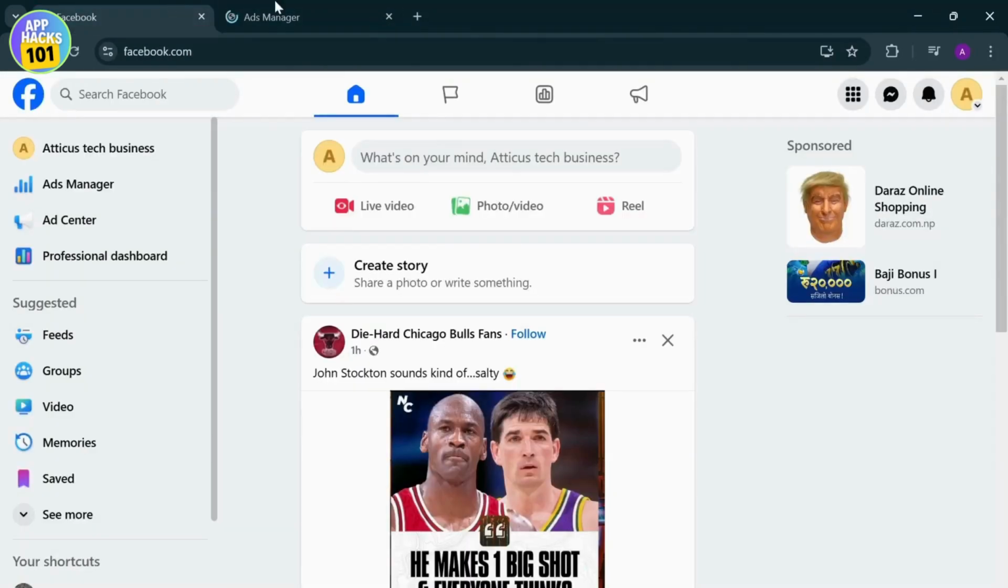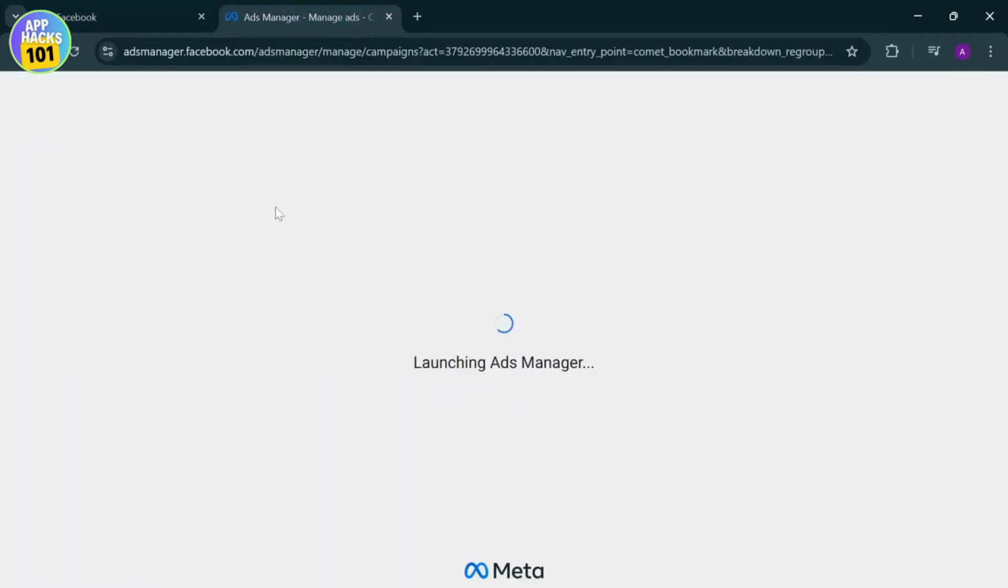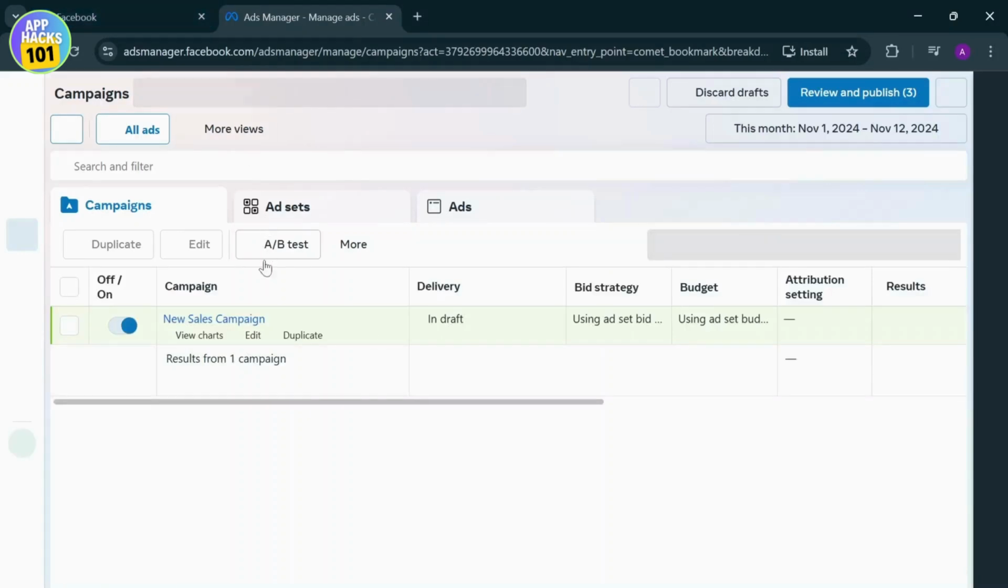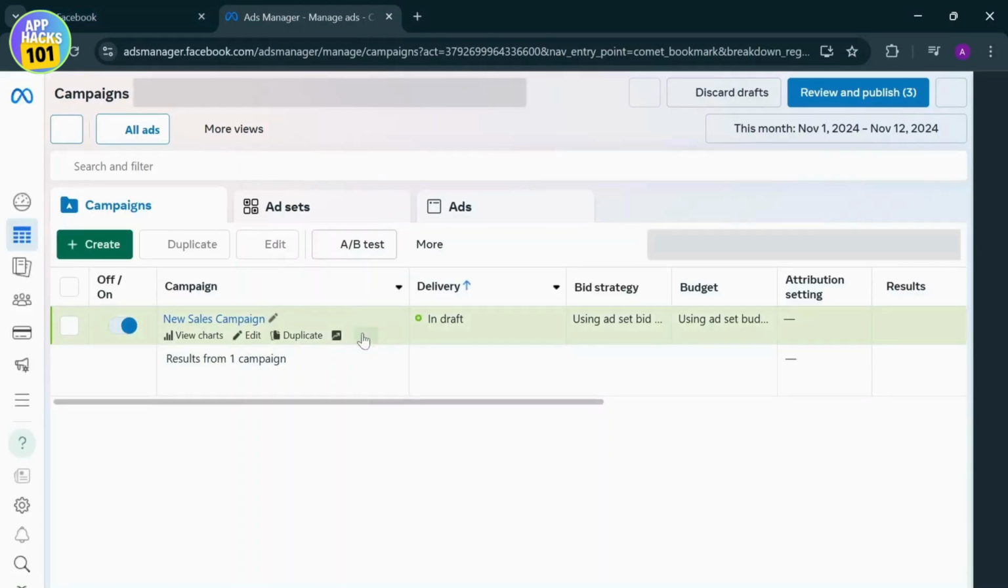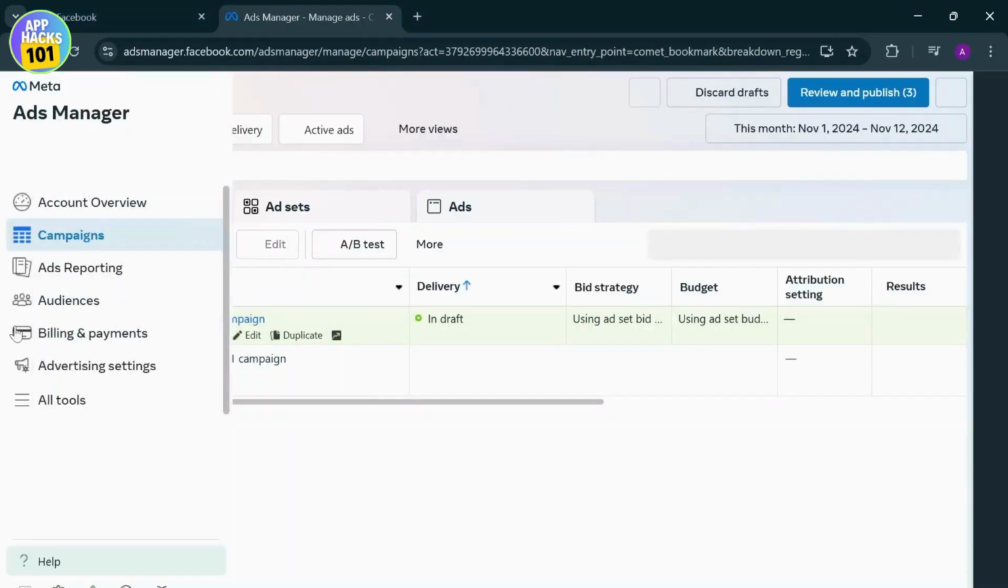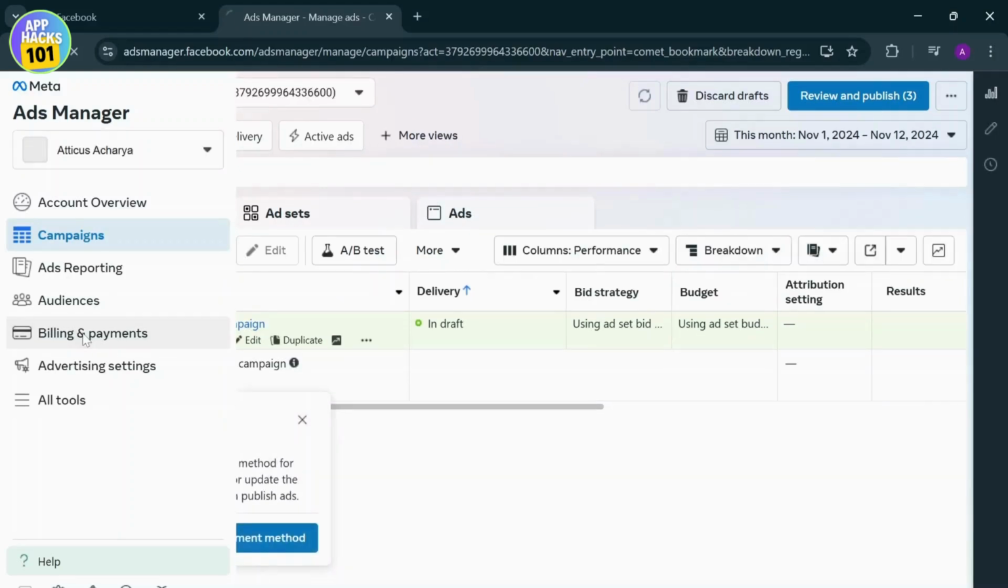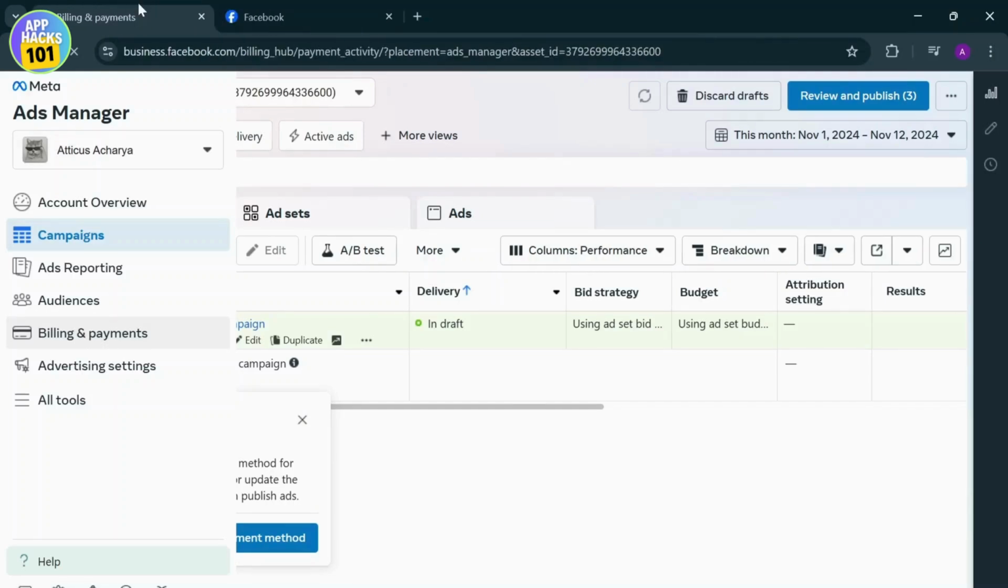Now, at first, we'll look around Ads Manager to see an option from where we can change our currency. So let's just do that first. So there you can see billing and payment. So just go to billing and payment for now. So open it up. It might take some time depending on your internet speed. So after billing and payments load up, what we'll do is,